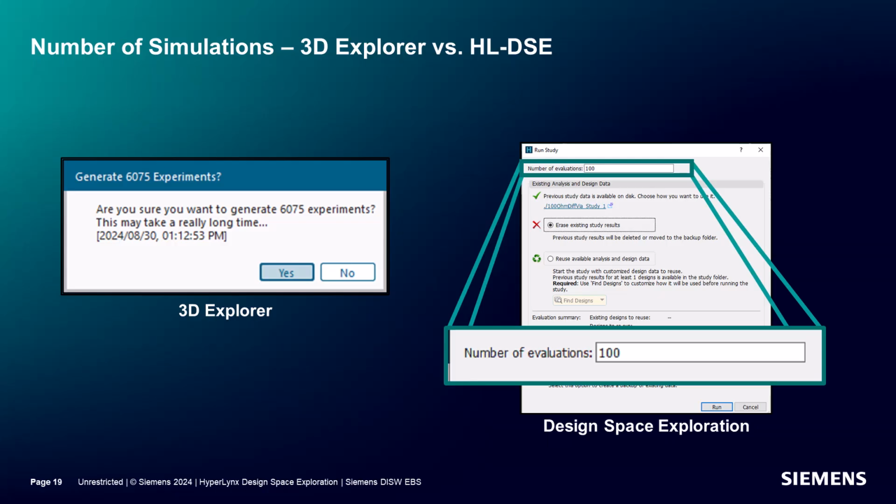Right here is where we see one of the biggest benefits to using Hyperlinks DSE on optimization processes like this. We have a design space of 6,075 experiments. Although we could get more information by running every single one of these, Hyperlinks DSE uses the Intelligent Sherpa methodology to analyze this design space. Essentially, this technique uses the baseline evaluation and efficiently picks the next best experiment to run.